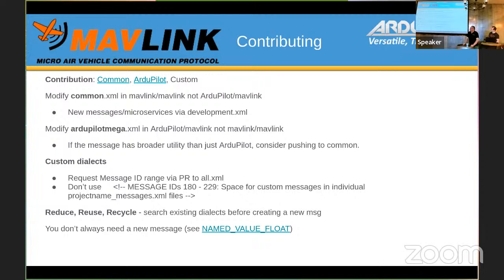I've put custom dialects in here as well, basically to talk about how you can use them very briefly, but more for the second dot point there, which is don't use the reserved message space in the MAVLink 1 ID range.